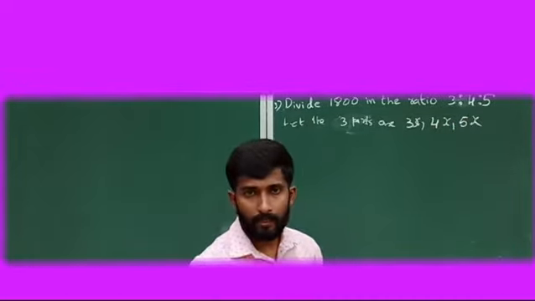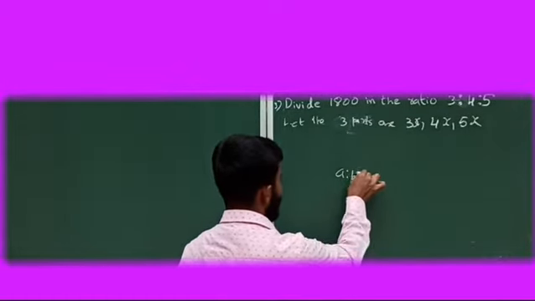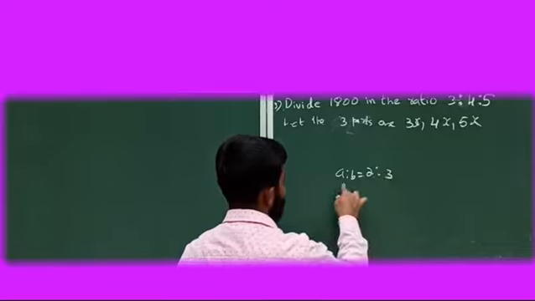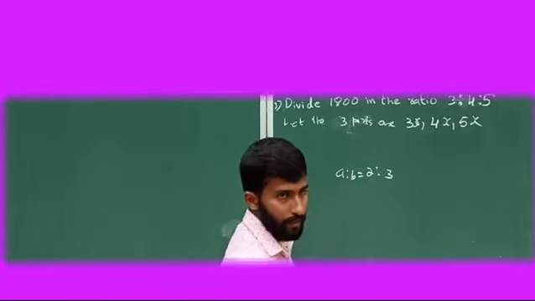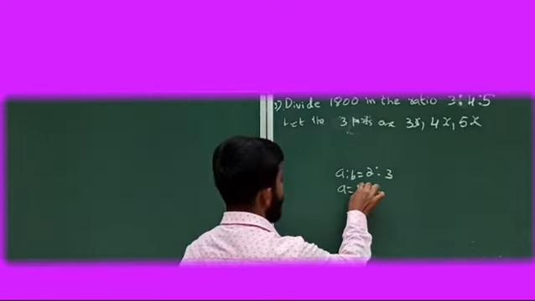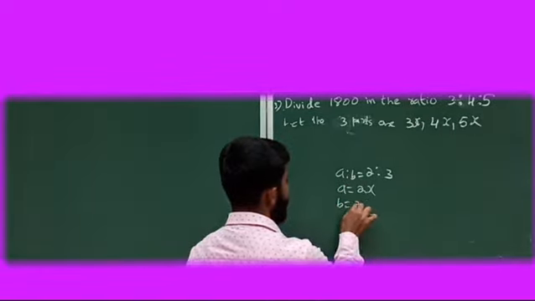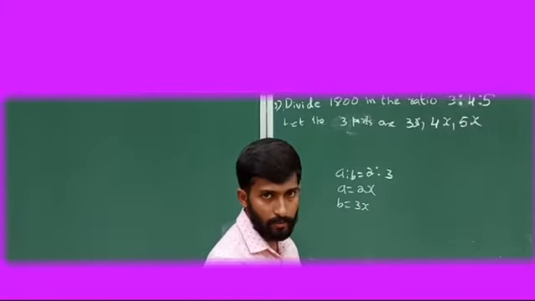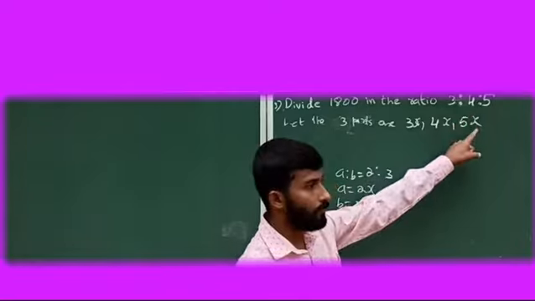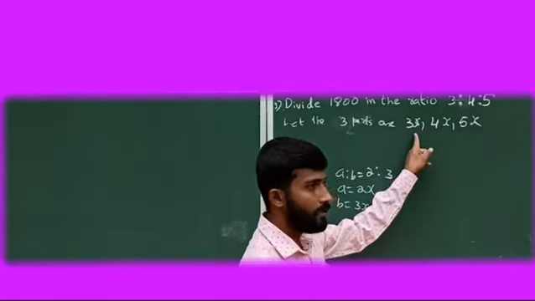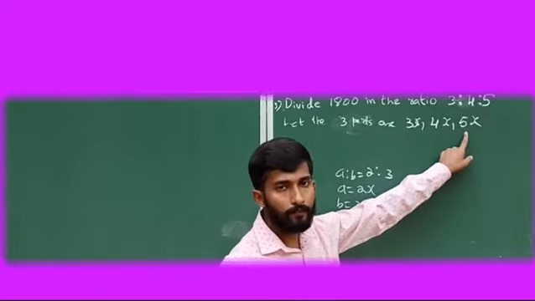In the beginning itself we studied, right? A ratio B is equal to 2:3 does not imply A is equal to 2 and B is equal to 3. That means A is equal to 2 into some number x, and B is equal to 3 into the same number x. You need to use this concept here. 3:4:5 means the first part is 3 into x, the second part is 4x, the third part is 5x.